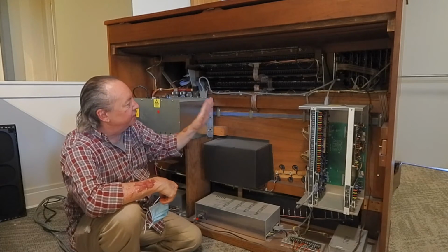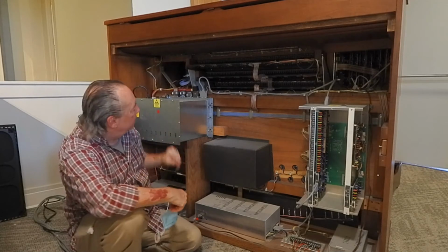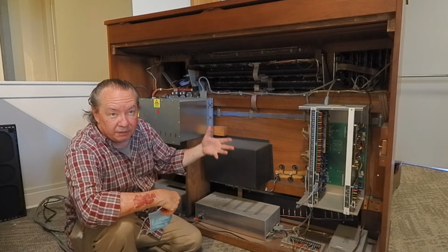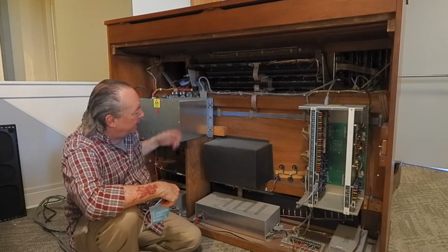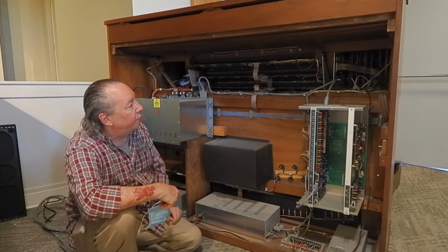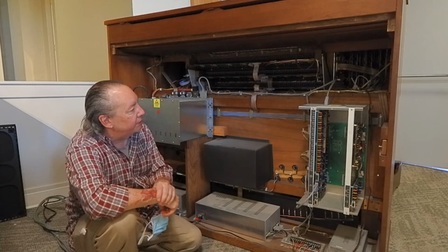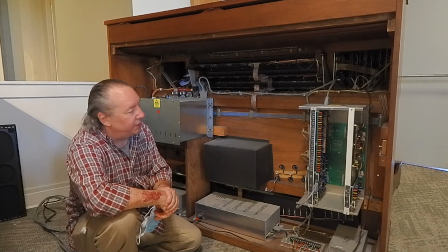One's the main processor, one's the combination setter, and then there's a bunch with all of the voice storage on it. And so if a certain group of stops fails and we know that one of these is the problem, we pop that out. Rodgers continues to provide support parts for these organs built in the 90s, so this is a very serviceable, very reliable instrument. It certainly has proven itself over the years,